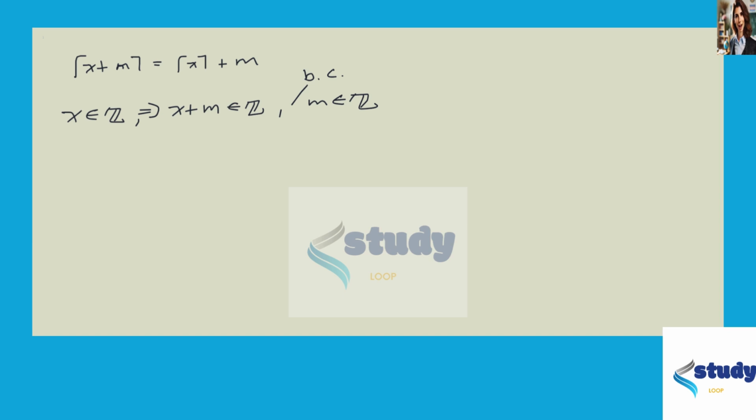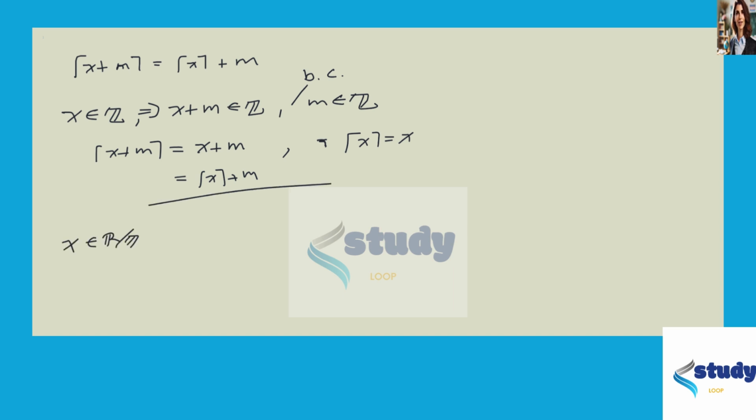So since x plus m is an integer, by definition of the ceiling function, this is equal to x plus m. But also, since x is an integer, it follows that the ceiling of x is equal to x. So then this is just simply ceiling of x plus m. So now when x is in the real numbers but not an integer,